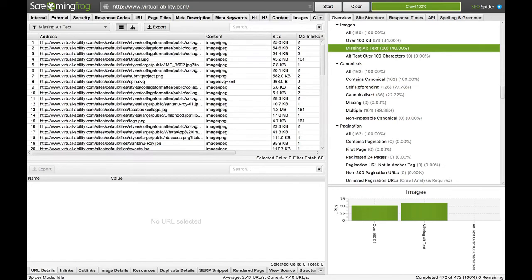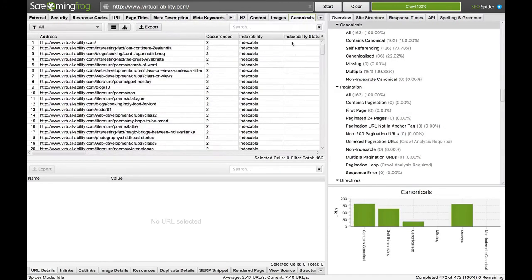Now another important thing you need to check in the left hand side filter section is missing alt tag. This is equally important, especially for accessibility. When disabled persons access your site with the help of a screen reader, they also navigate across the images.